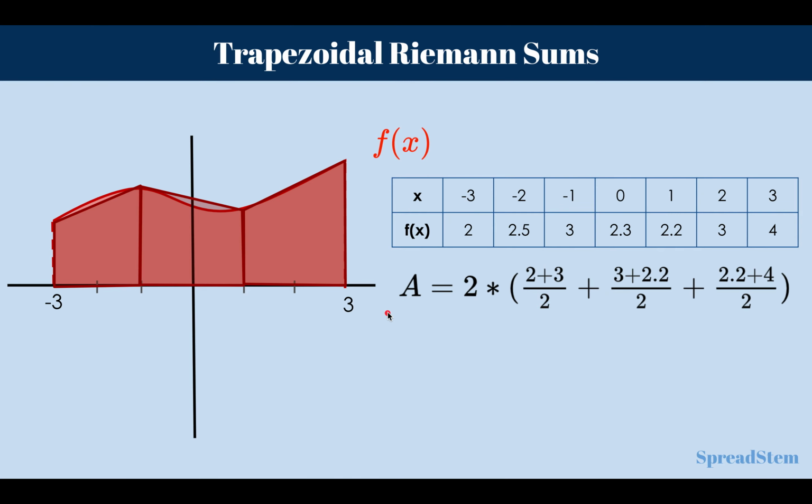Now we use the area of trapezoids, and as you can see, the height of the trapezoid is actually the base or the x value. And in this case, they're all 2. So we multiply the height by the average of each of these heights. So the average of f of -3 and f of -2, the average of f of -2 and f of 1, and so on. Notice that we don't use these middle values, -2, 0, and 1,